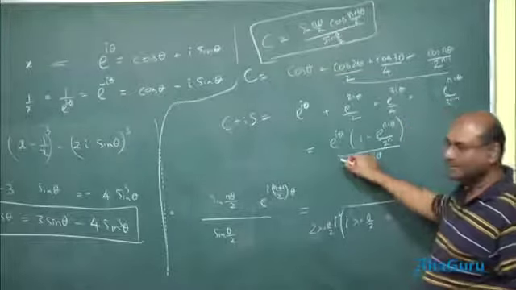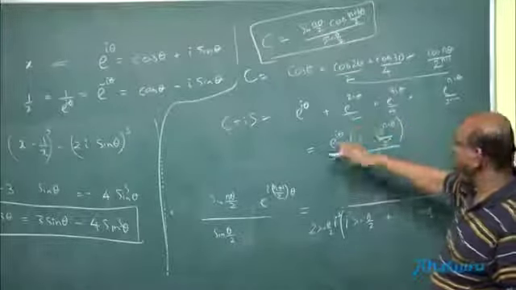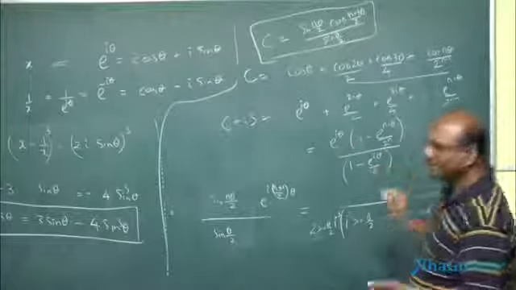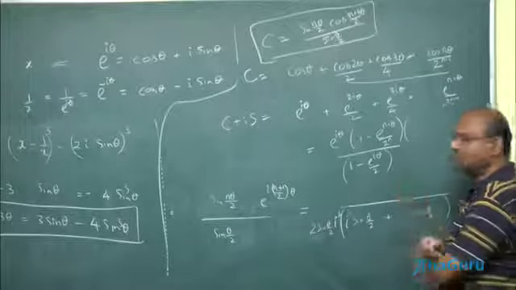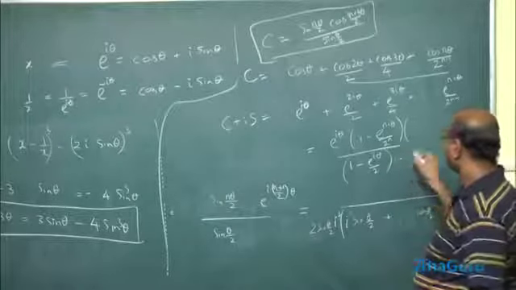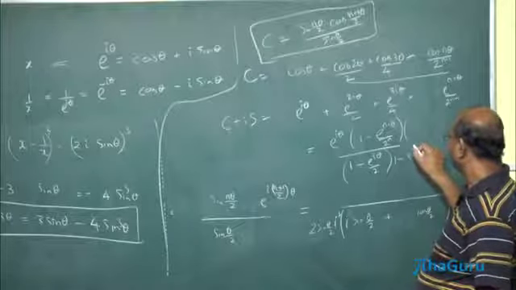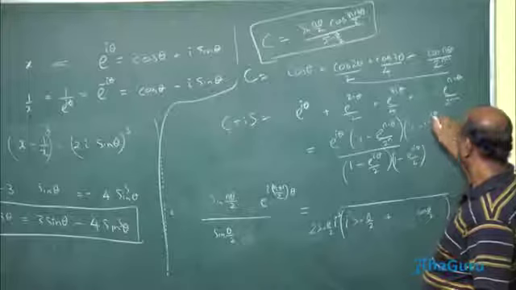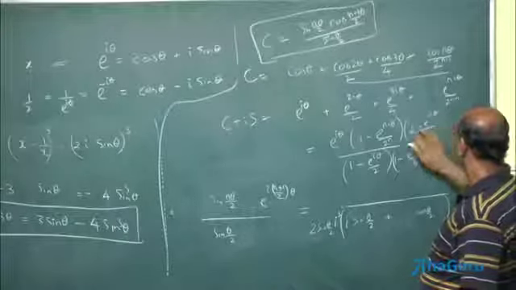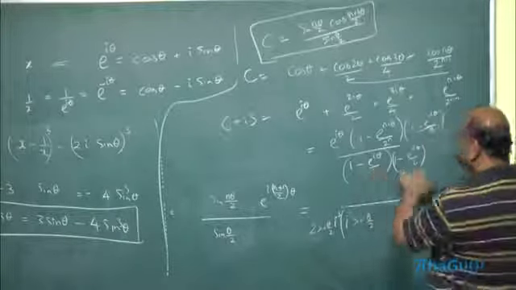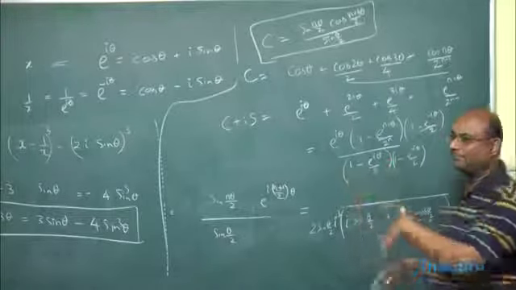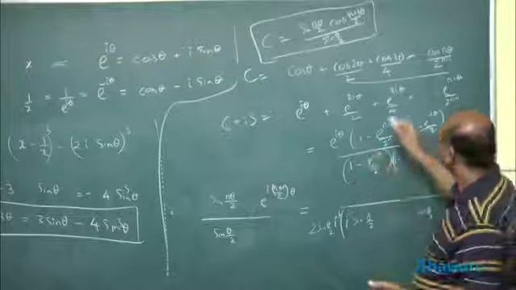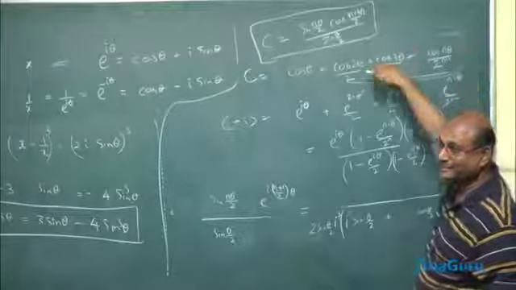Now a little bit more trigonometry is required to solve this. But once you solve this, you can multiply and divide by the conjugate. The worst case scenario is multiply and divide by the conjugate. What is the conjugate for this fellow? 1 minus e power minus I theta by 2. Now this one you can find out. That one you'll have to multiply, find the real part. That's all. This is a little bit extra work, but any other way of doing this will be messy.